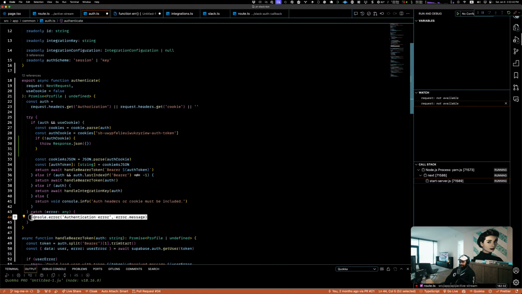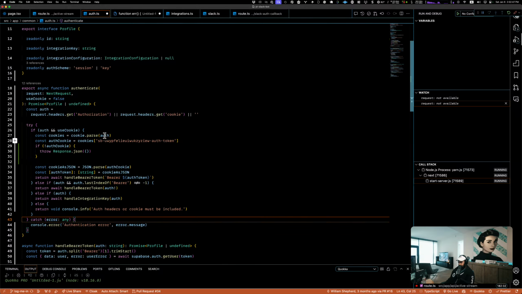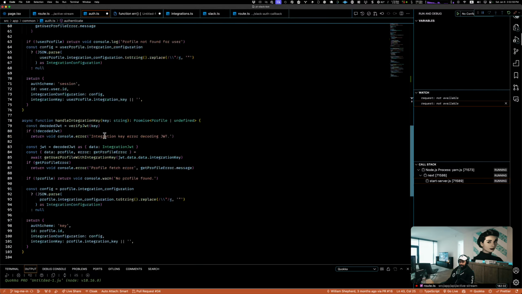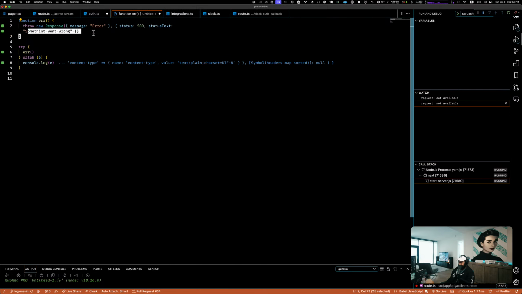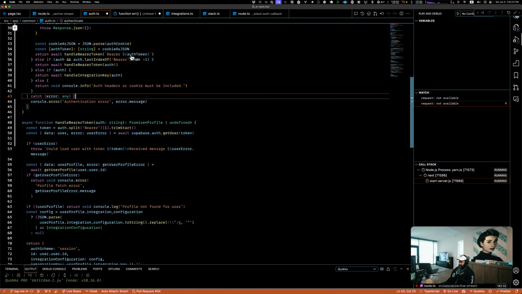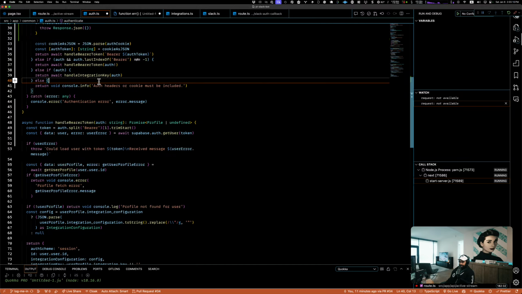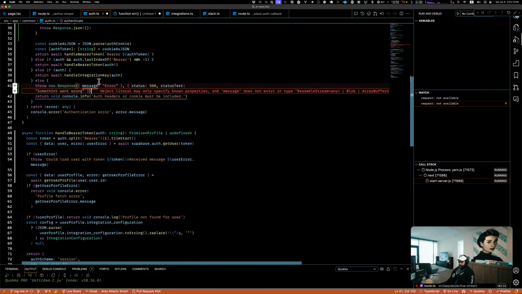What I should probably do here, I'll show what it would look like for real. I thought I just did this. So we're gonna come here, and what I would want to do here, if we get to this error here, is that obviously something that was supposed to be here isn't here. Oh, literally right here. So I can say throw new error, and then we'll have our message.